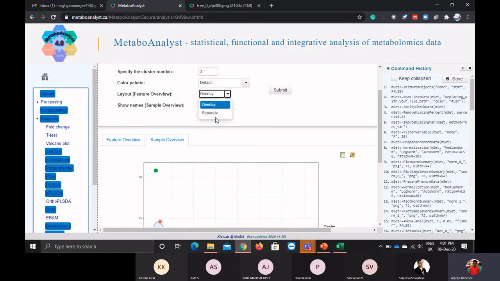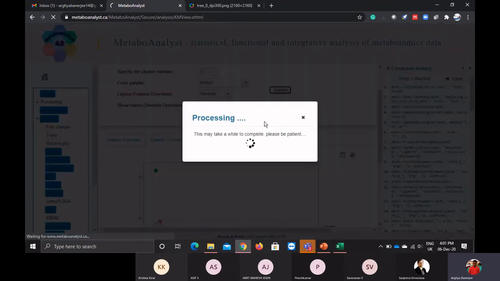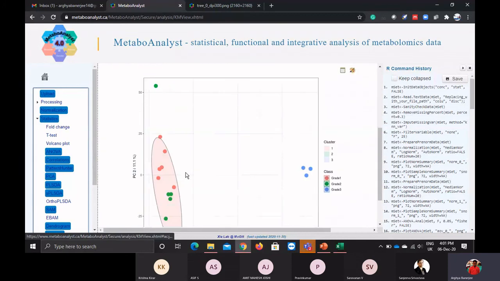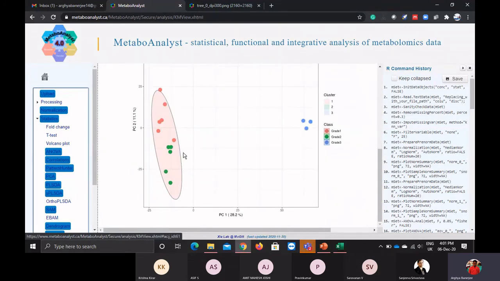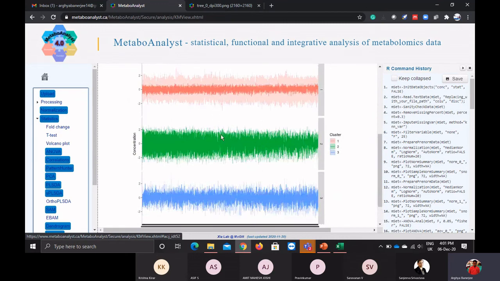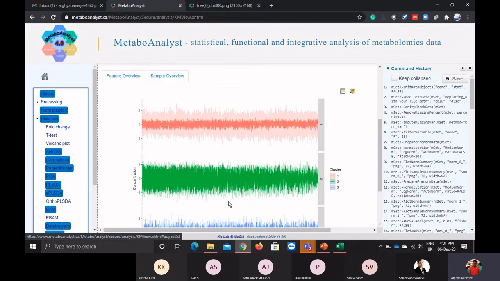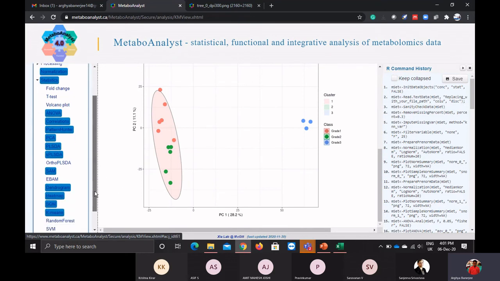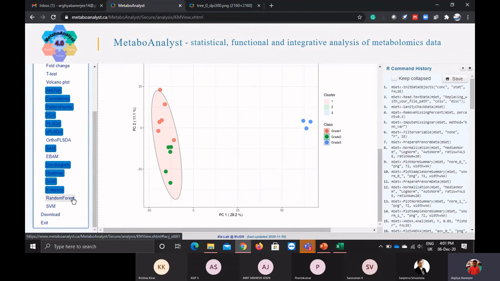If I don't do an overlay, then I can see my clusters. Then also it is merged here only. So basically these are my 3 clusters, where it is not distinguishable, the red, green and blue are overlapped here only, like in a single cluster only. So maybe the sample size is less.